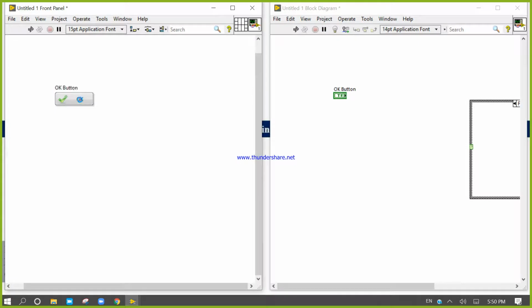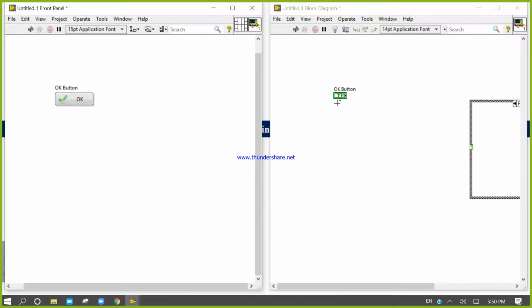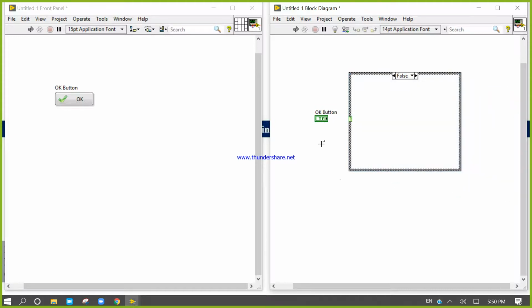The mechanical action of the OK button is latch, so we will change it to switch when pressed. You can take any boolean with the mechanical action of switch when pressed. We will connect like this. Now there are two buttons, OK and not OK.